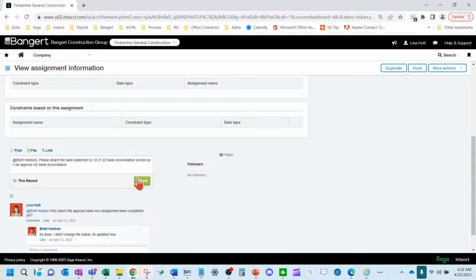Okay, then you could share it. Brett would get an email, and he would also see it up here when he logs in to Intacct that he's got a message. It's going to put a number 1 in red right here.